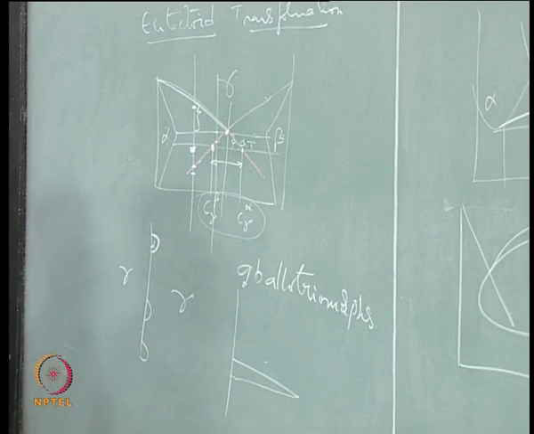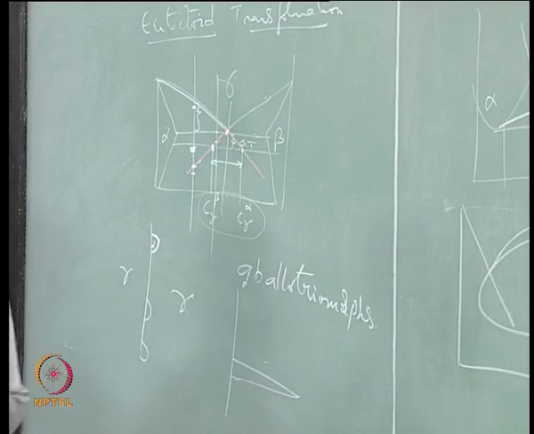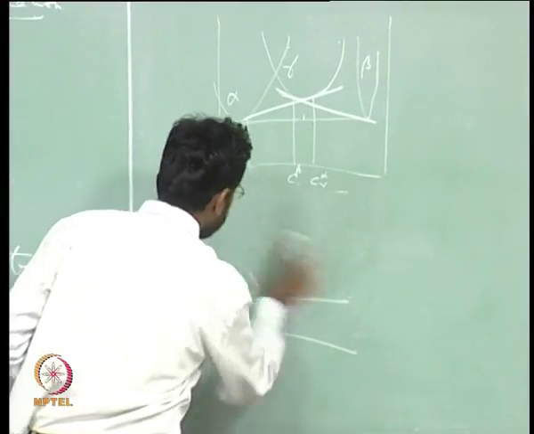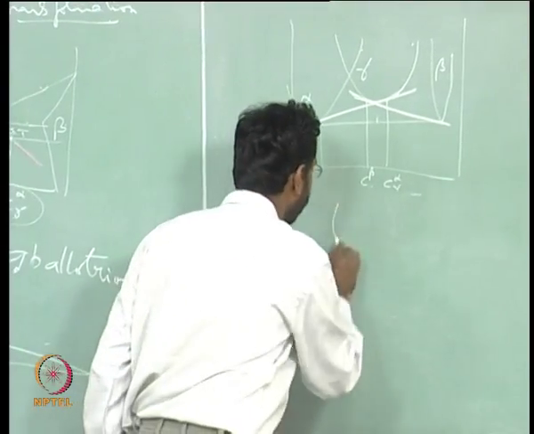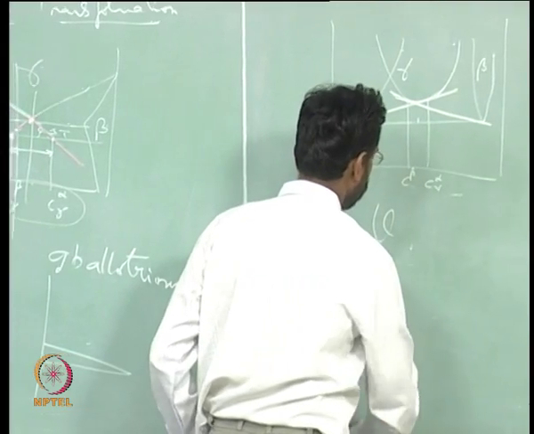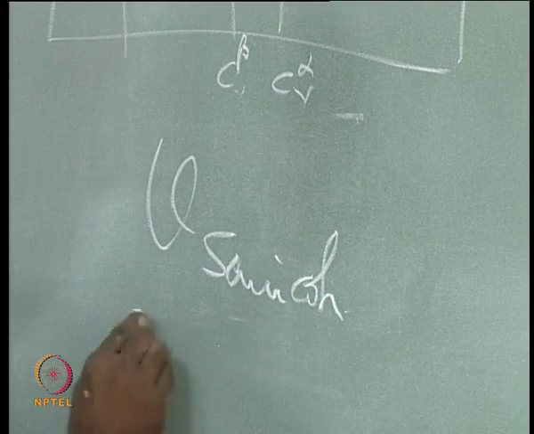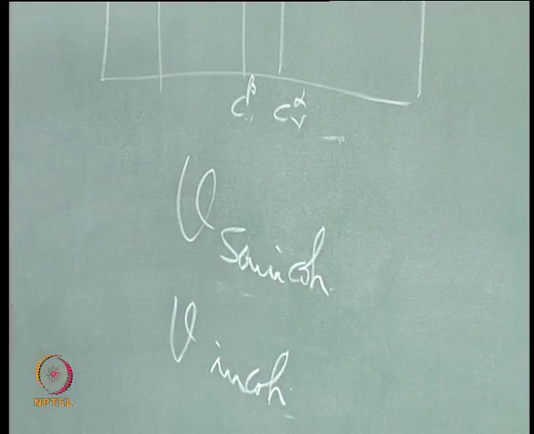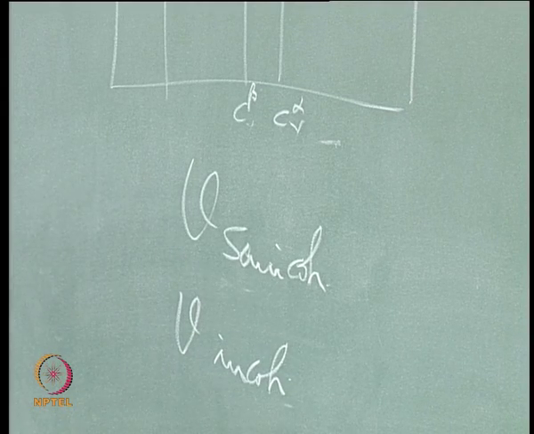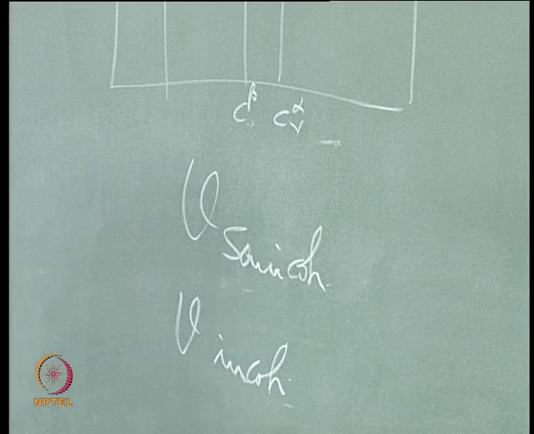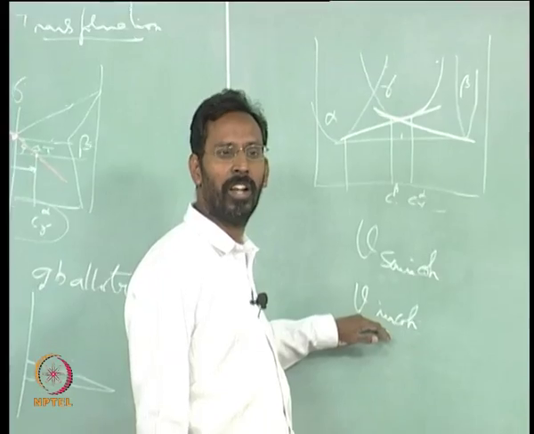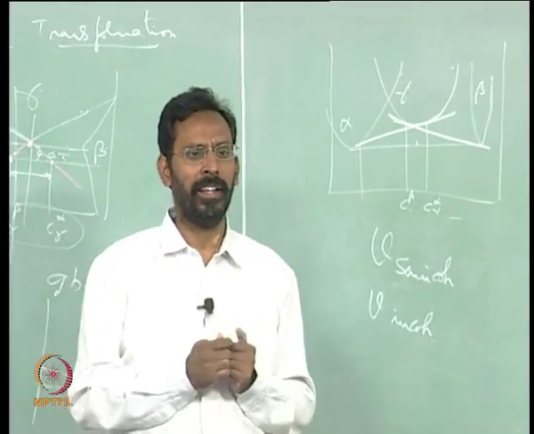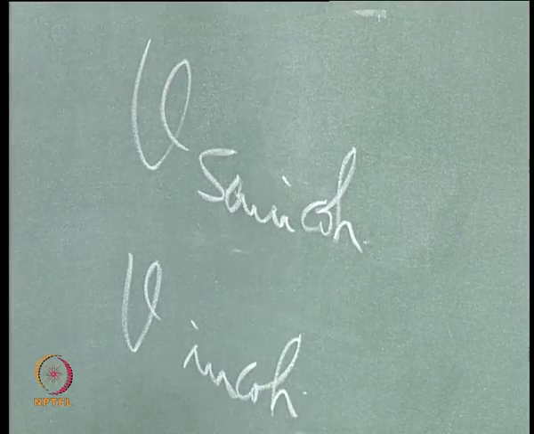The reason is, if you look at the growth rates of a semi coherent interface and an incoherent interface, if you look at the ratio of the velocity of a semi coherent interface and the velocity of an incoherent interface, at high temperatures the velocity of both of them is more or less similar, because the diffusion rates are very high at high temperatures. But at lower temperatures you will see that the incoherent interface moves faster, because if a semi coherent or a coherent interface has to move, it has to maintain the coherency with the matrix before it grows. So for example, whenever you look at a plate,